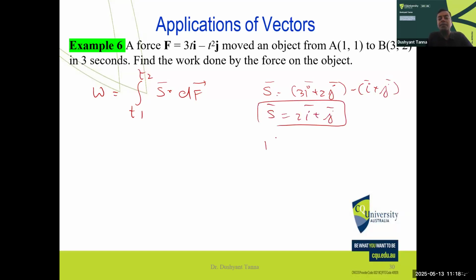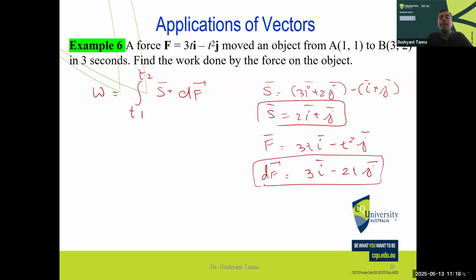What is my F? It is 3t i plus t squared j. Then I'm talking about dF. 3t differentiation, 3. Okay, and t squared is 2t j. That's it. That's my dF. I'll have a dot product. So the work done is the integral from 0 to 3. If you want, you could have just stretched this a bit, that dF is dFx by dt i